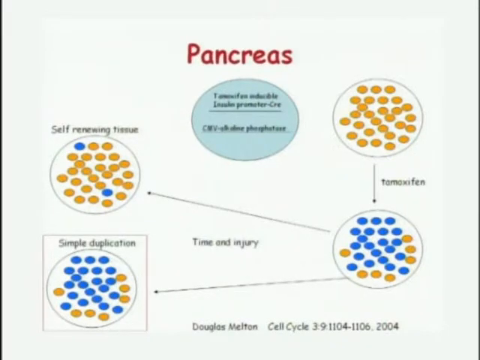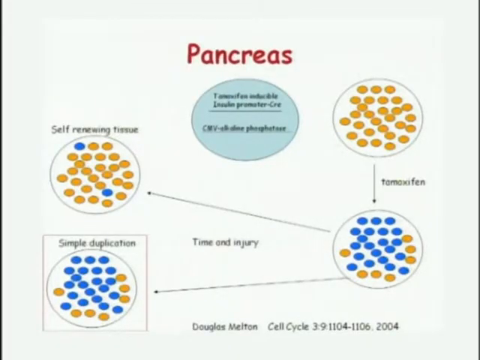So he engineered a mouse that has a tamoxifen-inducible insulin promoter CRE. And CRE is a DNA recombinase protein that's capable of cleaving and removing DNA fragments and joining these DNA fragments. And so he engineered a mouse that has a transgene inducible by tamoxifen. So only when he gives tamoxifen, the cells that have the insulin promoter would express CRE. And then CRE would recognize another transgene in the same genome of the mouse that would express alkaline phosphatase, but